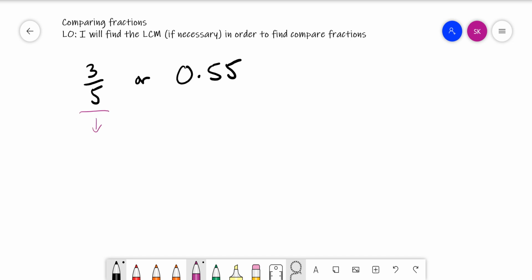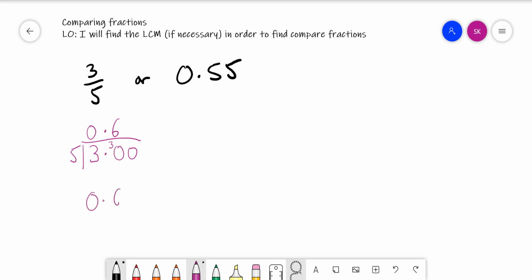3/5, now you may know this automatically just in your head, or you could do 3 divided by 5, and the numerator always goes inside the bus stop. Write some zeros. 5 goes into 3 0 times with a remainder of 3. 5 goes into 30 6 times. And so now you've got a situation where we've got